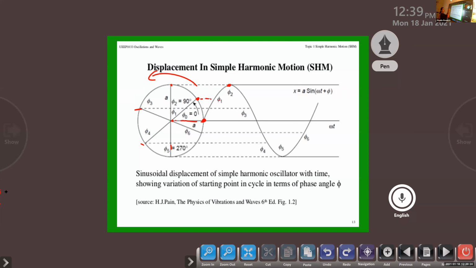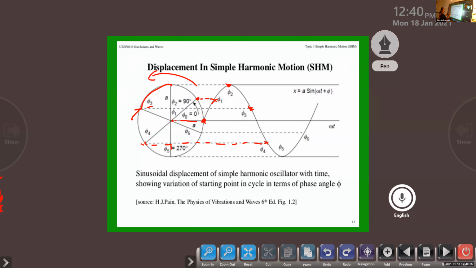From here to here, it is 90 degrees again, that means the radius in a perpendicular way. Again, it started rotating this way. It is going to the negative axis. You see, it is going to be negative. Corresponding to that, the same line is drawn and you will get another point, phi-3. So phi-0, phi-1, phi-2, phi-3. Again, coming back down, rotating up to phi-4. So it comes to the next point. That is becoming negative amplitude, since the rotation is from the positive to the negative axis, in an anti-clockwise direction.